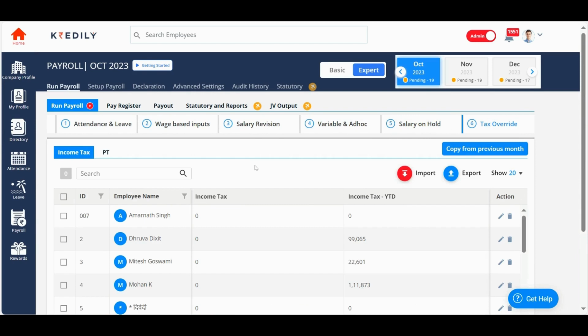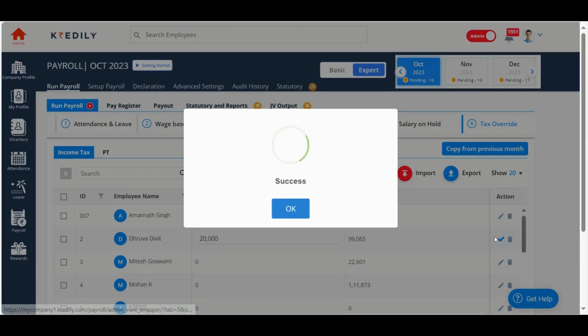The last tab that we are going to look at is tax override. You don't really have to use this tab because Kredily calculates your income tax and professional tax automatically and precisely. But if you want to make changes for whatever reason, you can use the tax override tab, and you can make changes to your income tax by just clicking on the edit button,